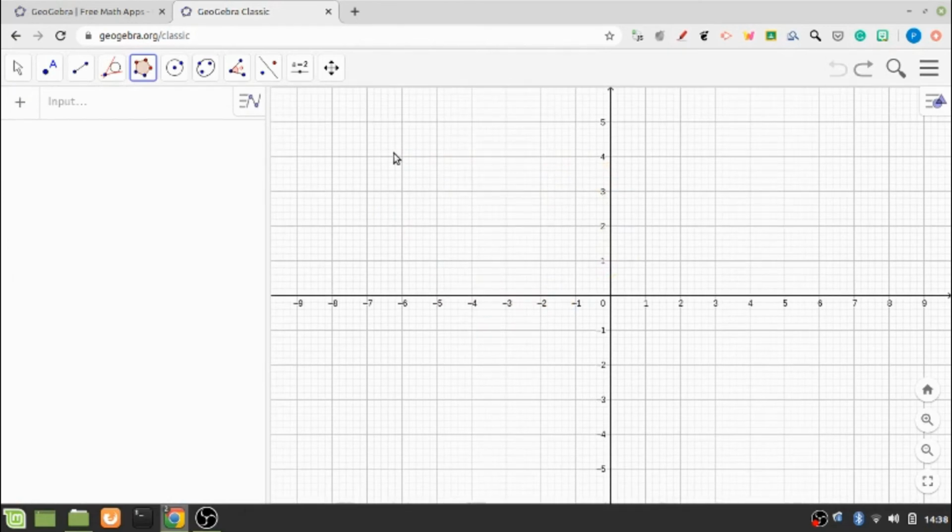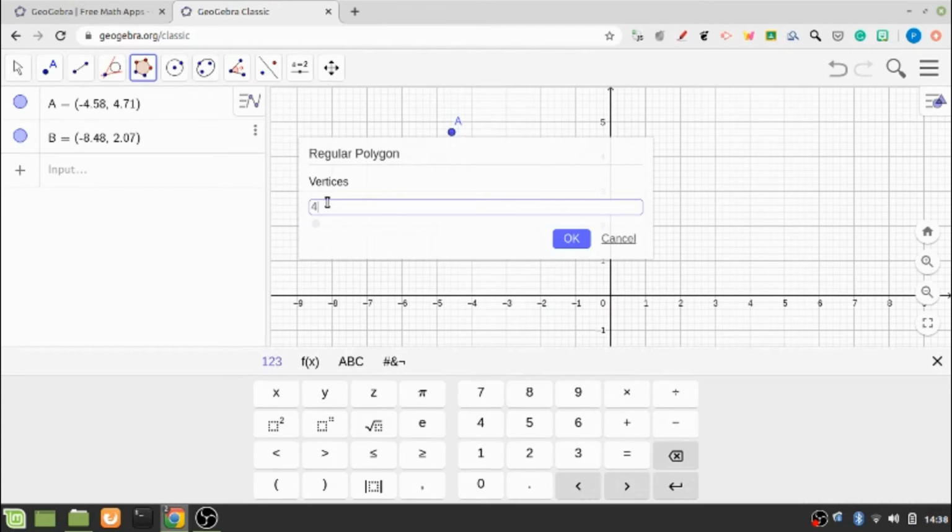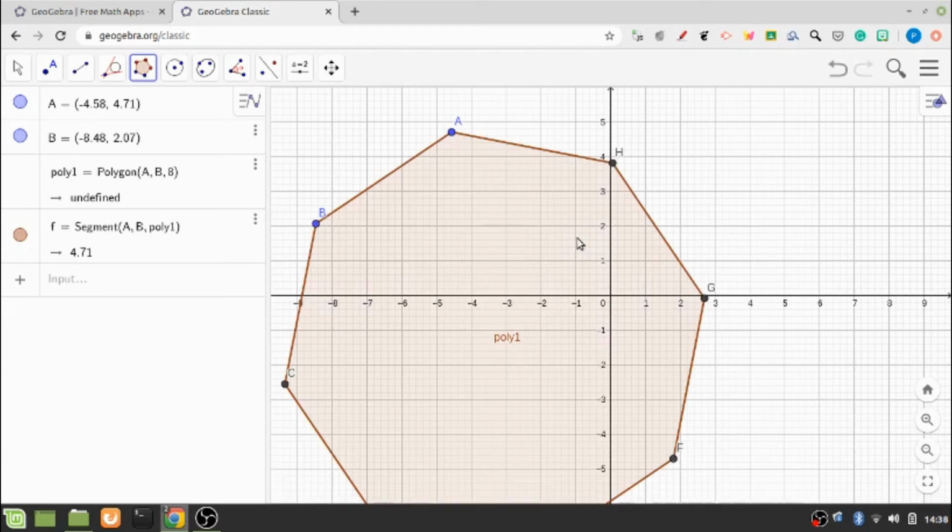Similarly, if I want to create another polygon, I click on this graphic window, and as soon as I click on the second point, a dialog box appears which asks me for the number of vertices. This time say I put the number 8, so that means I want an octagon to be drawn over here.